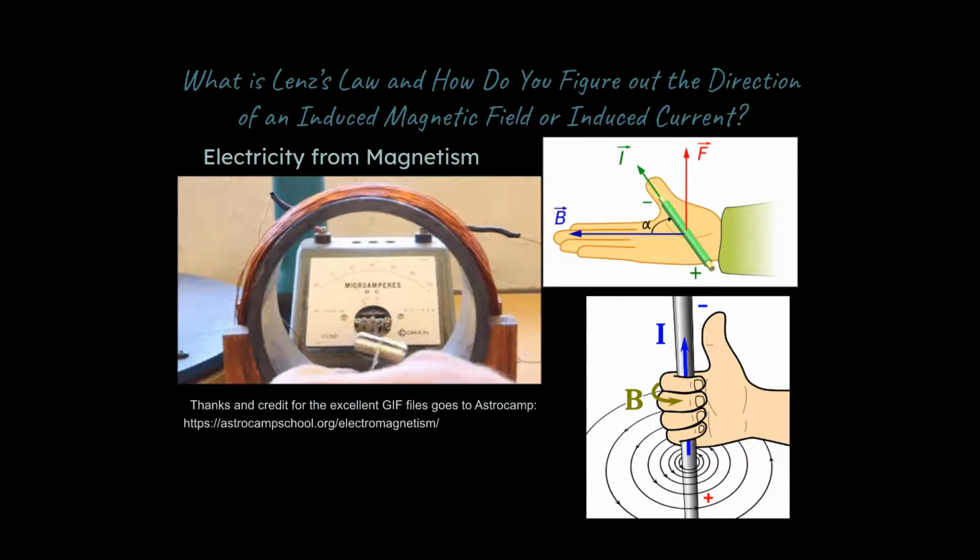more detail today. I have done a previous screencast on the right-hand rule, so to better understand what's going on, I'm going to be using the right-hand rule for magnetism. This up here is an example. I've talked about the right-hand rule previously. I'll put a link to that lesson in the upper right in case you want more information, although I will go over it here. And this is the right-hand rule for a current-carrying wire. And I'll put a link to the second lesson as well up in the upper right in case you want some more background information. But I'm going to be using that here, and I'm going to talk you through the